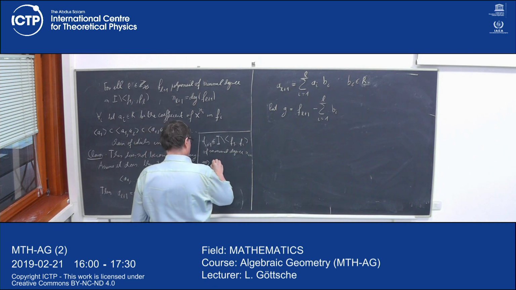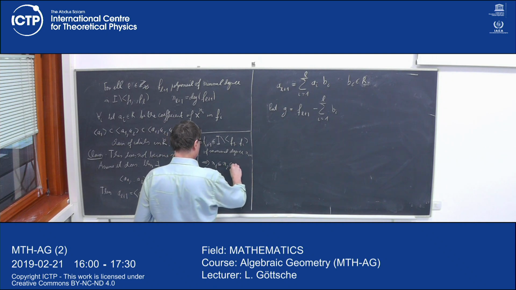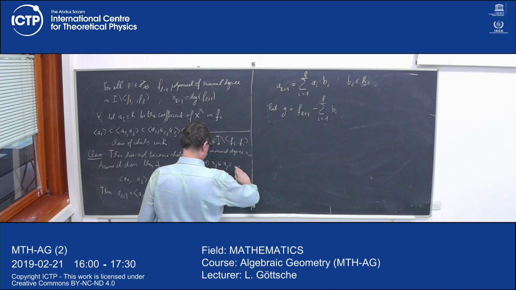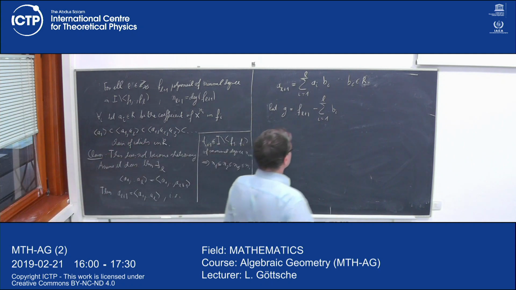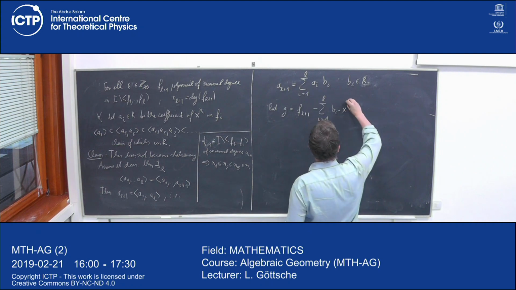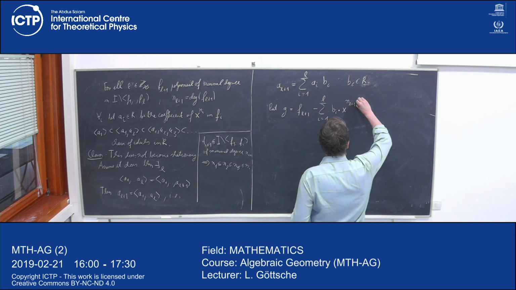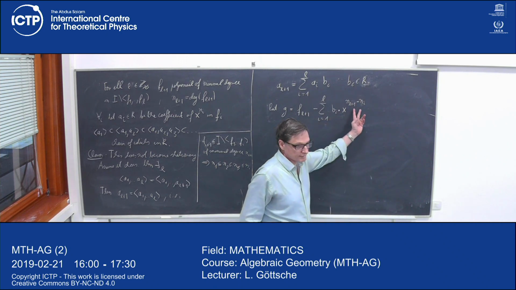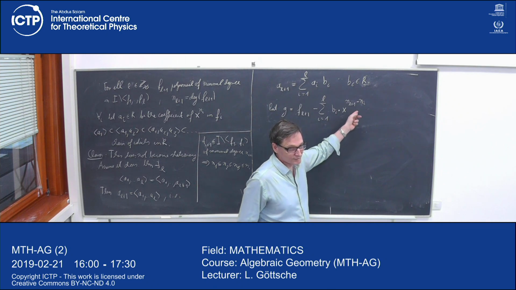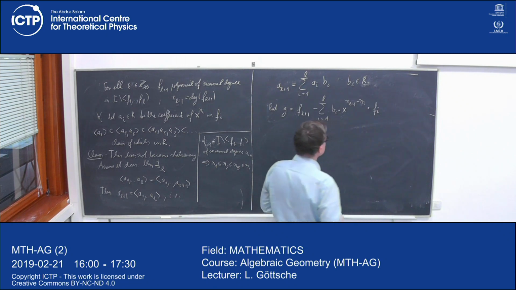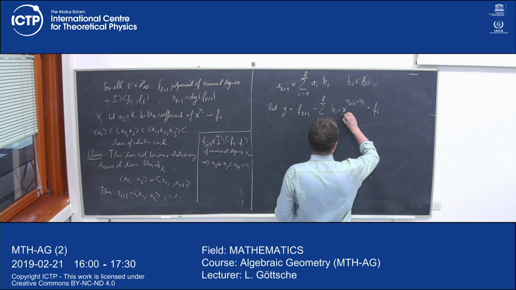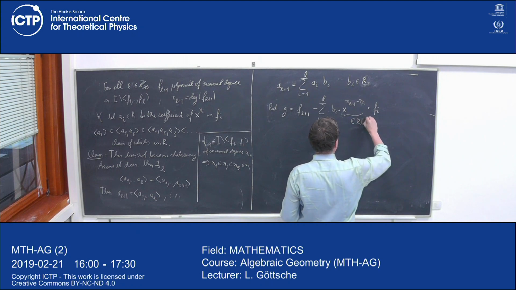So thus it follows that n1 is smaller or equal to n2, is smaller or equal to, and so on. So they are increasing. Okay, so this plays a role here. So I write here times x to the n(l+1) minus n_i. You see this is a positive power, so this is actually a polynomial. This makes sense. Times F_i. So this is an element in